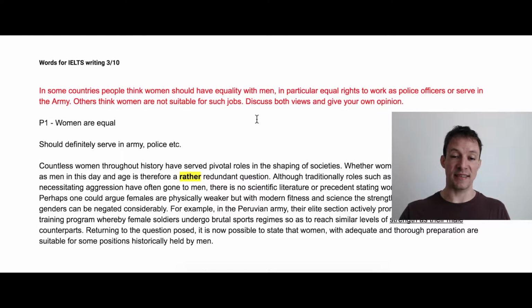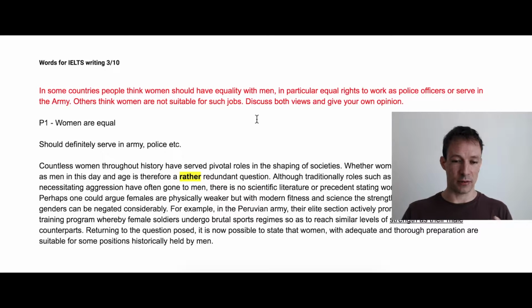We've got this essay in front of us. It's just a body paragraph, as I said, of a recent IELTS Task 2 question. And the first word that I've pulled out for this tutorial is rather. Now, rather is really good because it's specifically in this context for formal writing. And you can see this because I got it